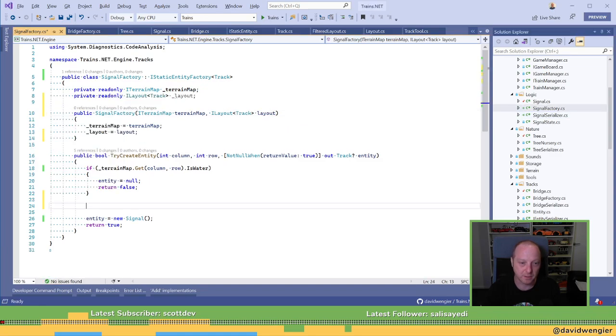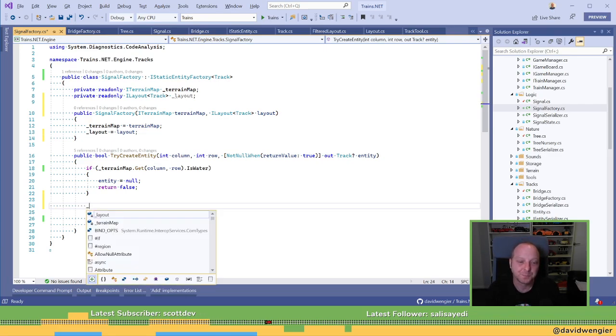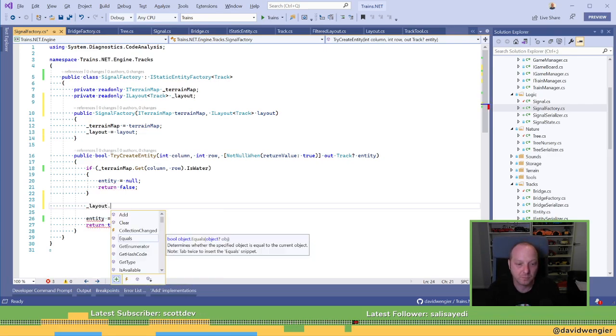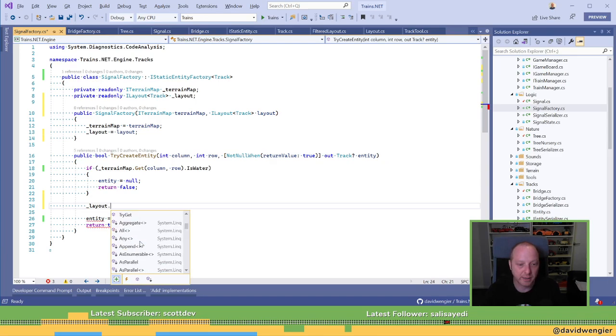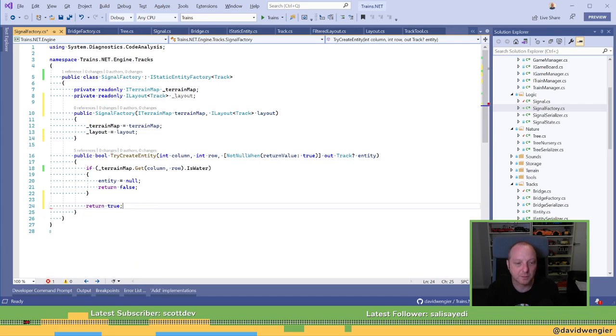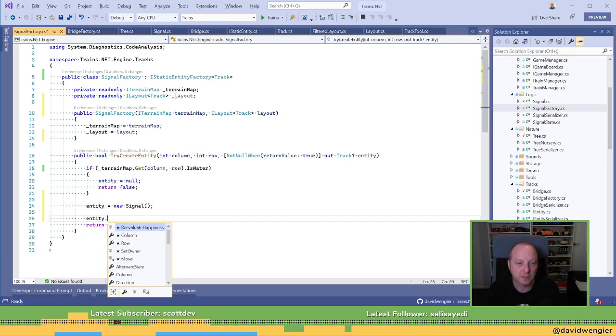Yeah, that makes sense. And then we want to create a signal if... how do we get neighbors? Oh, is it here? Yes, get neighbors.